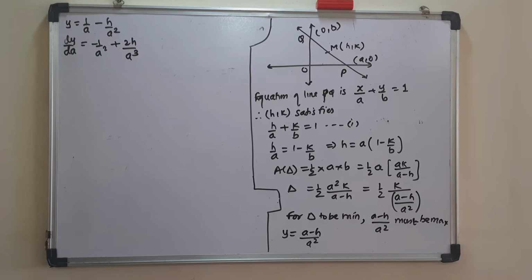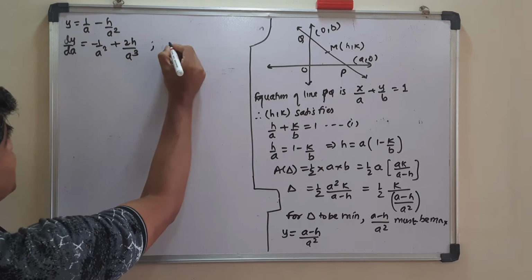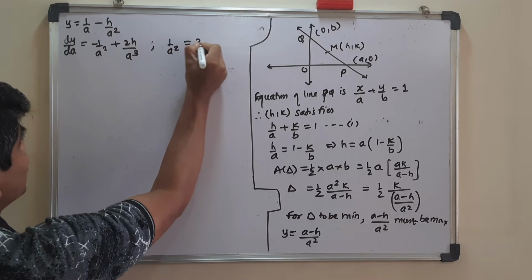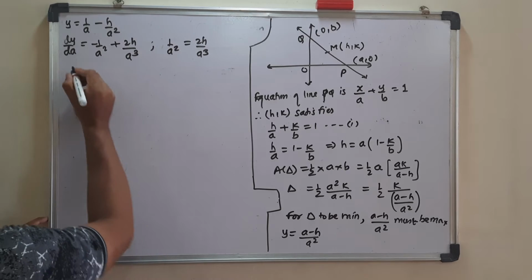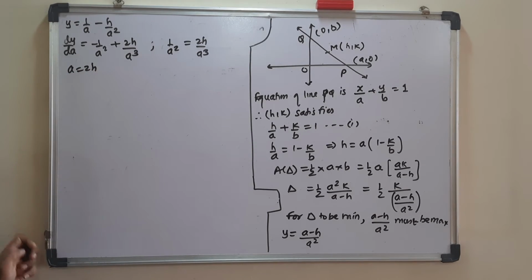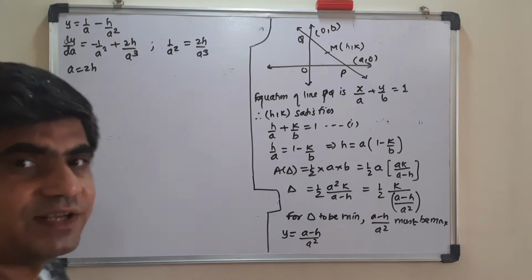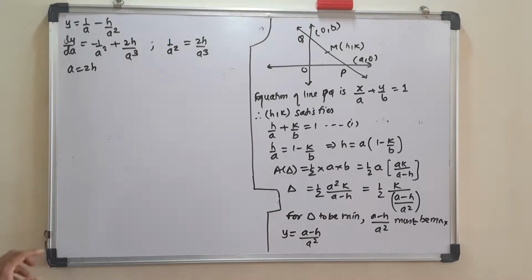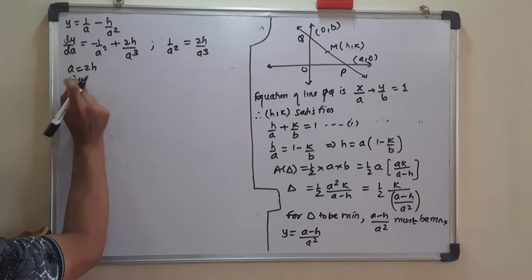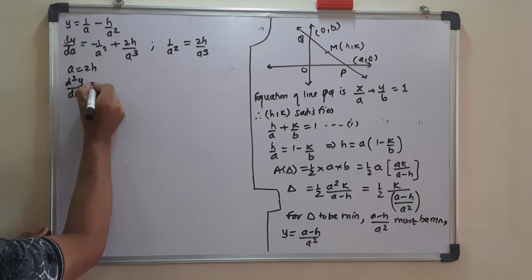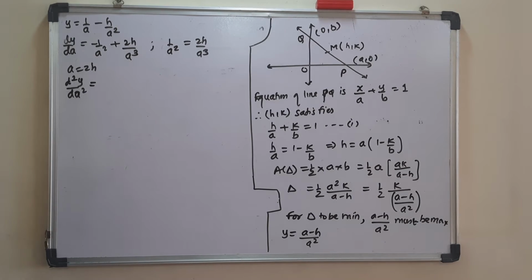Now for minimum or maximum, you know one thing, if this becomes 0, that means 1 by A square is equal to 2h upon A cube. So obviously solving, I will get here A is equal to 2h, right? At this particular point I will check whether it is minimum or maximum. So I will get d square y by dA square, which will be equal to the derivative of this, that is 1 by A square and 1 by A cube,